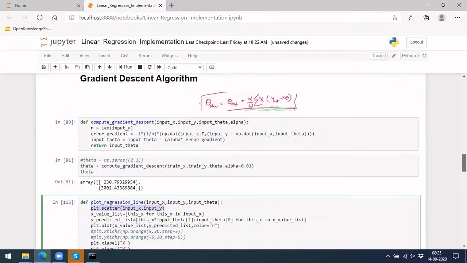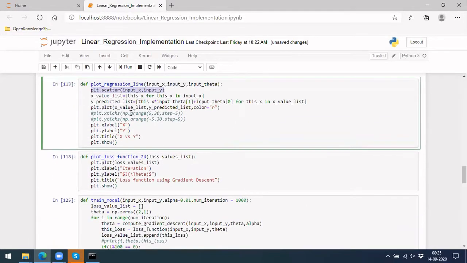If you do plt.plot, you'll get a straight joined line, not the dots like in scatter, a continuous line. For this, what you should plot is the predicted values, which will be x into theta, meaning theta naught plus theta 1 into x1. We are computing that for each of the values here.